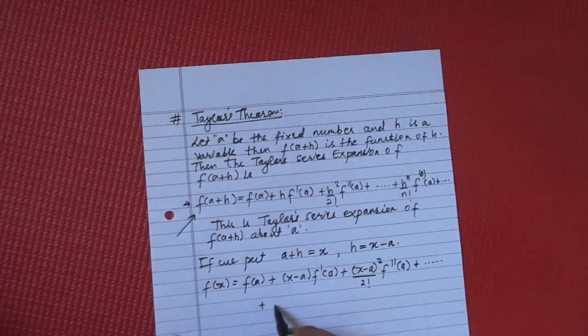The nth term will be x minus a raised to n upon n factorial nth derivative of f at a